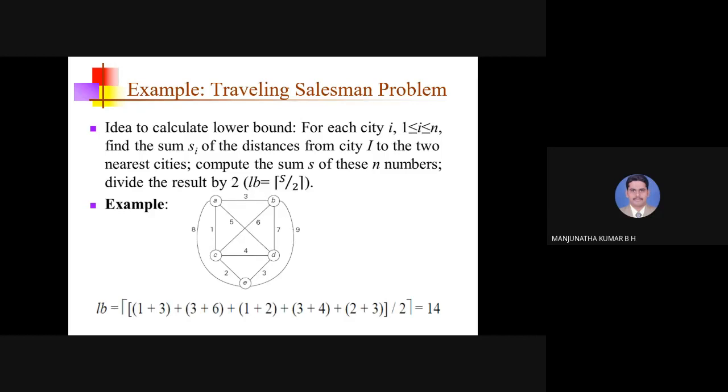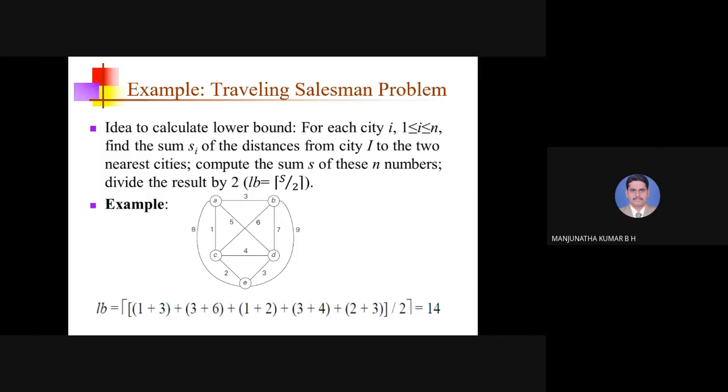The very first node is a root node where no cities are visited. But we have to calculate the lower bound value for the root node. The lower bound value of the root node tells us that the optimal solution you are going to get for the problem is not going to be lesser than the lower bound value. For example, for this problem, the lower bound value of the root node is 14. The optimal solution you are going to get after solving this problem will not be lesser than 14. That is the lower bound.